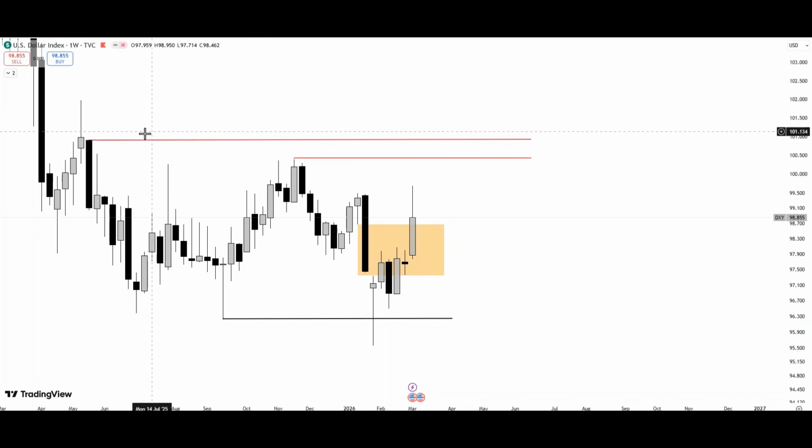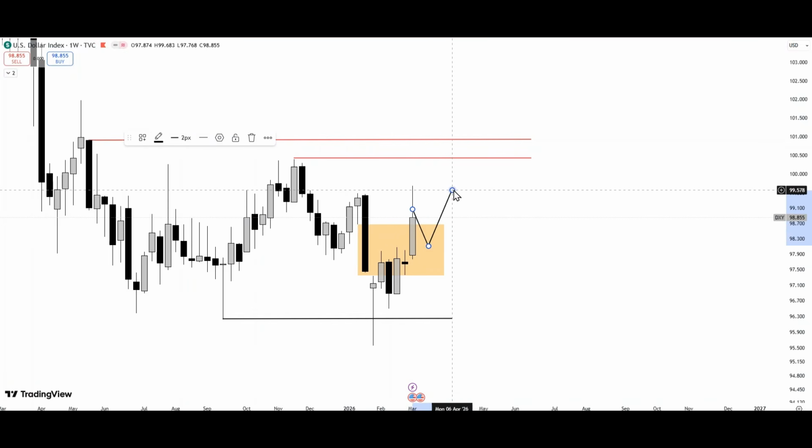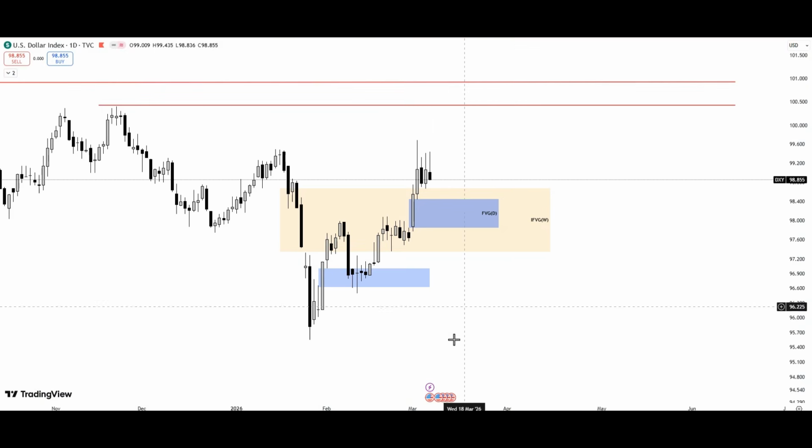So if dollar gets to this high and this high here, then that is a potential swing position for dollar. So for now, price has inverted this fair value gap. So as usual, we want to see price retrace and tag this inversion fair value gap. And of course, if we look at the daily, we are likely to see some PDRAs. But as of now, on the weekly, we want to see price tag this before we continue with the bullish momentum. So now let's look at the daily time frame.